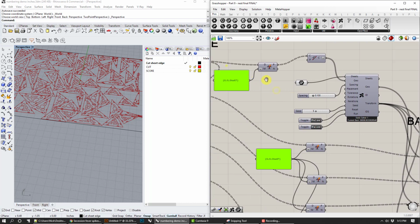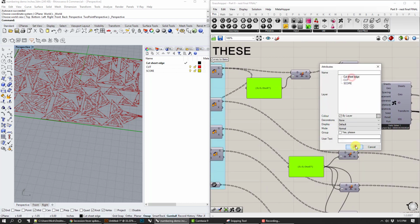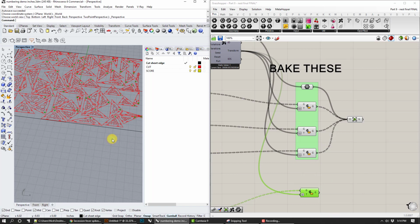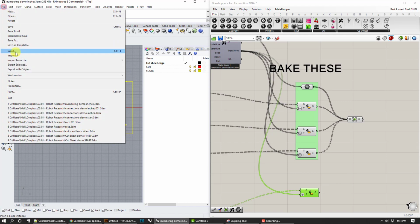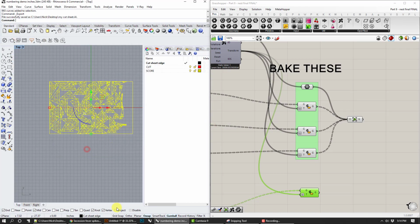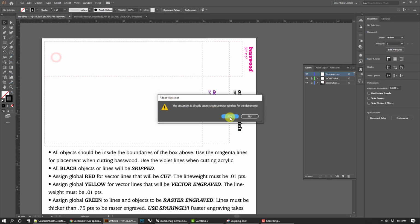So I'm gonna go ahead and bake the sheet to the cut sheet edge, and then bake this group to the cut layer, and then bake the score layer for the numbers. Okay, and then if I go to top view, select all, Control A, and then I say export selected, just keep it back on my cut sheet, model scale, RGB. Okay, go back to Illustrator, open up the cut sheet,